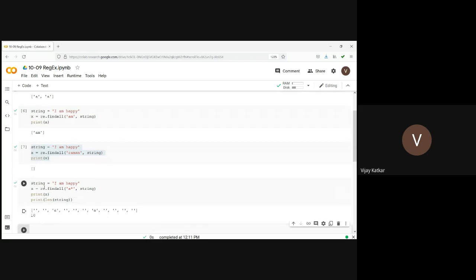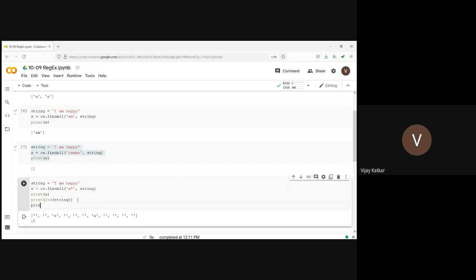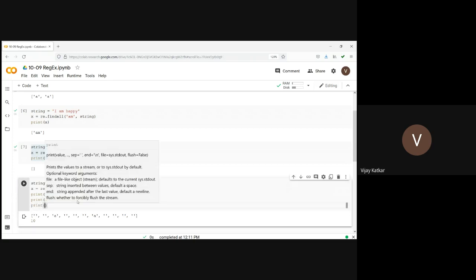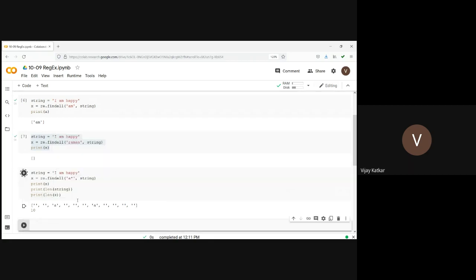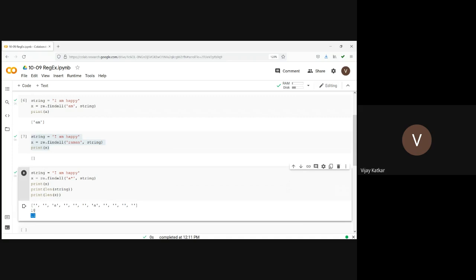So it's 10 now. And the length of x is 11. After printing the length of the string, I am printing the length of x also. So length of x is 11, whereas length of string is 10.